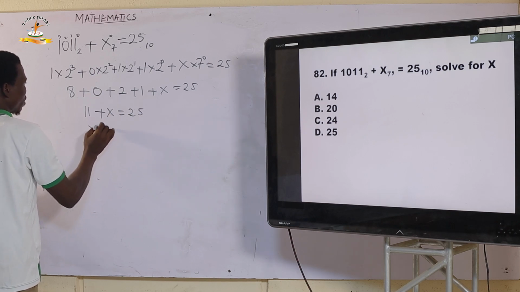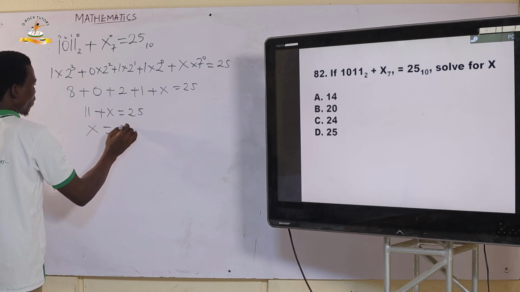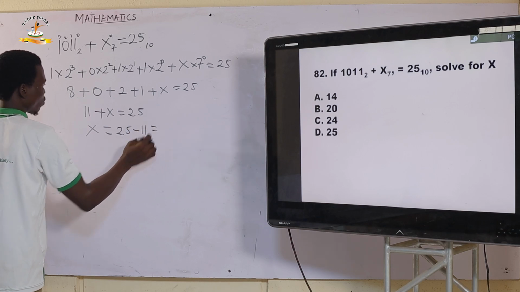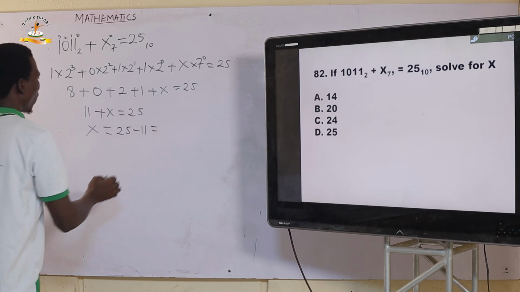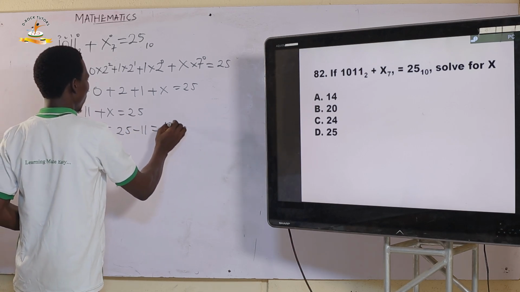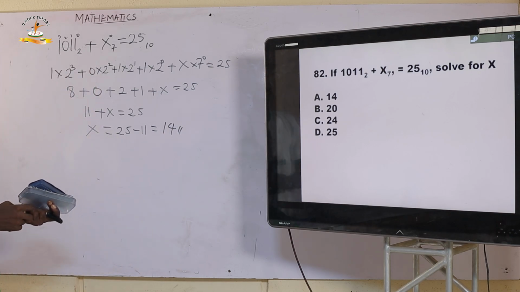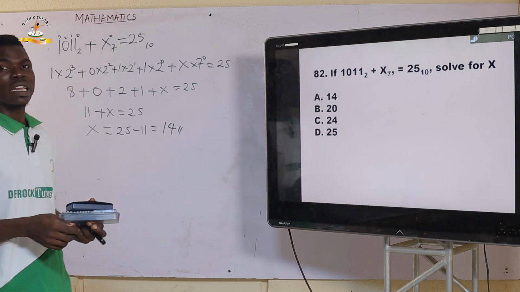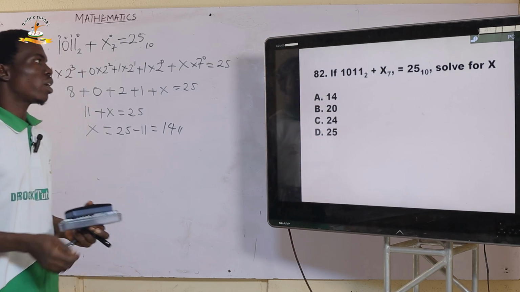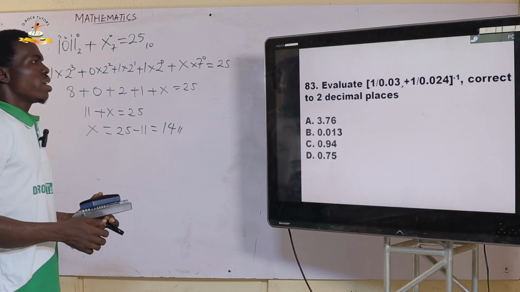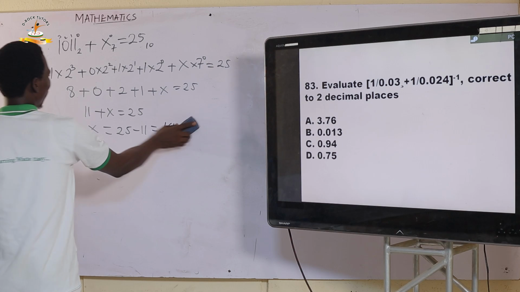And it means my x is going to be 25 minus 11. And this is simply 14. So my x is going to be 14, and that is the correct option, which is A. Our next question. It says evaluate